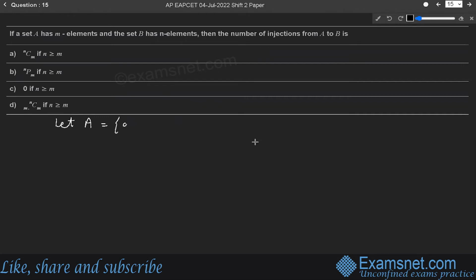So let A is equal to A1, A2, A3, and so on up to Am. Let B be another set which consists of n elements. So let B is equal to B1, B2, B3, and so on up to Bn, where both m is less than